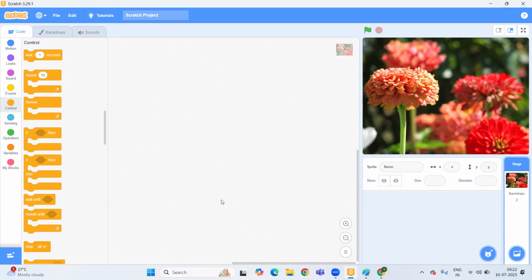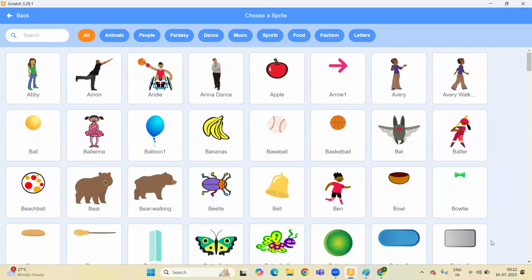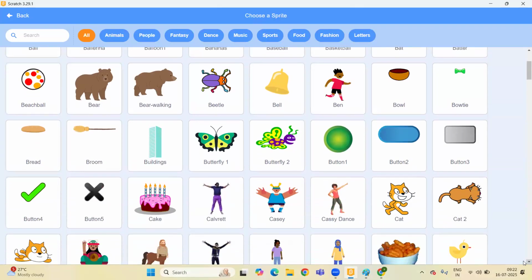Okay, now the next step for the designing is to select a sprite of a butterfly. So what if I want to select any sprite? Here's the option to choose a sprite. And now you can see butterfly. Here's the butterfly.